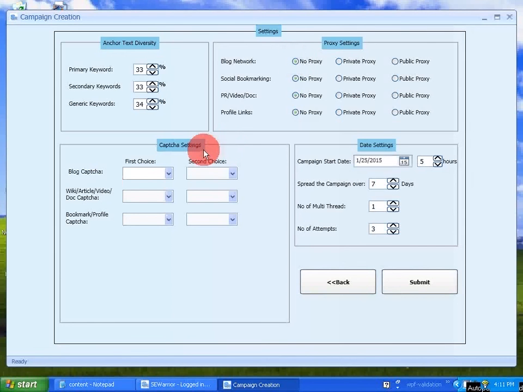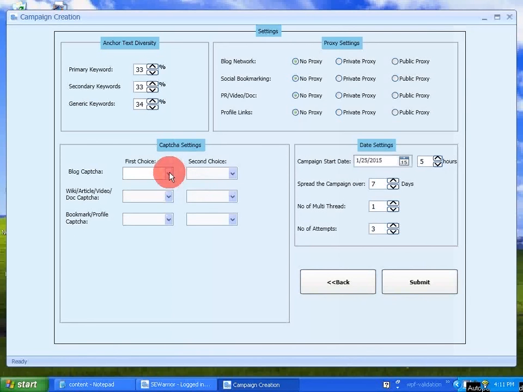And again, like proxy, for captcha also you can give values for each property. For blog, you can give a service that is highly accurate but costly. But for profile and others, you can give cheap services that are less accurate.